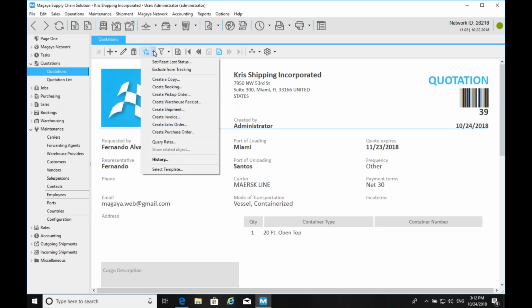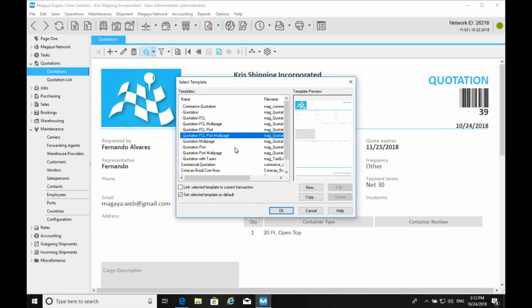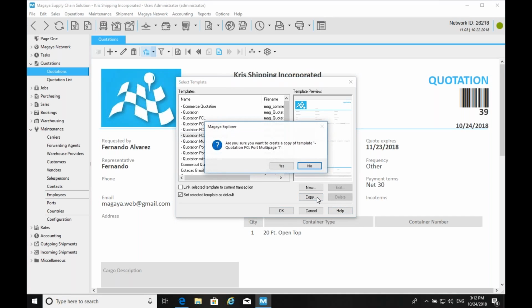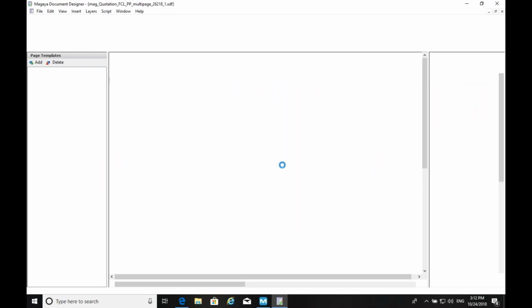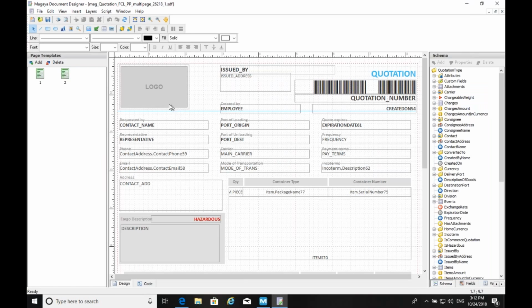So if we want to go ahead and add our own terms and conditions, for example, let me pick this multi-page document. I'll create a quick copy from it just to show that part. Okay, so the document designer opens, and again, here you can resize your logo as we already showed in one of our previous webinars if the size doesn't seem to fit or the shape.